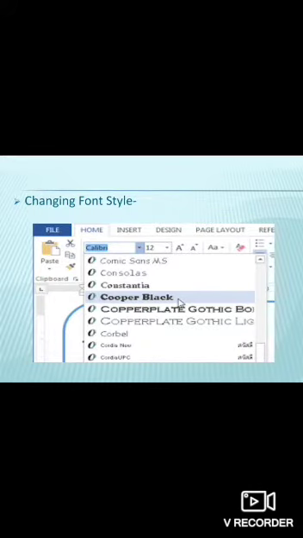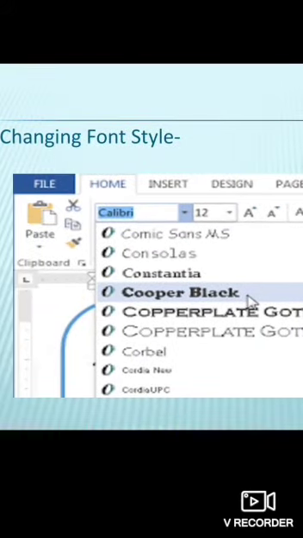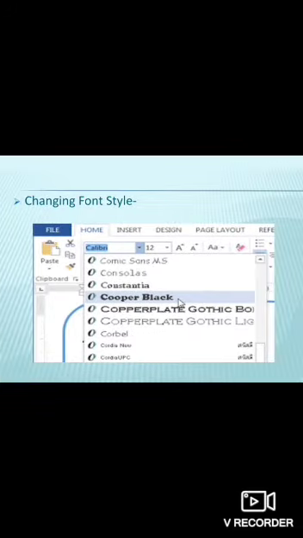Changing font style. Again, similarly, here also you need to select the text that you wish to modify. Then, click the drop down arrow next to the font box on the Home tab. The font drop down menu appears. As you can see here, there are a number of font styles from which you can select. Move the mouse pointer over the various fonts. A live preview of the font will appear in the document. You can select the font you wish to use and then the changes will be done.